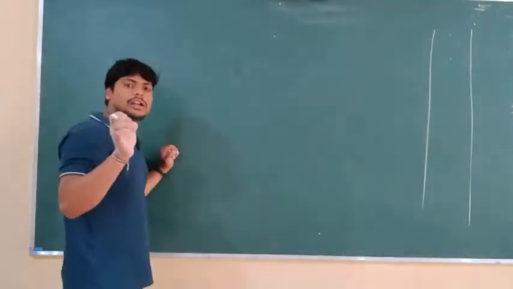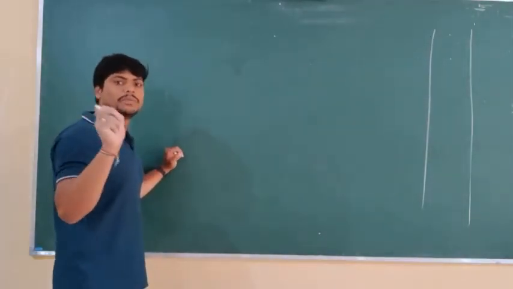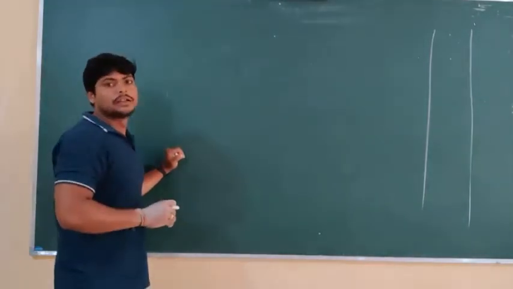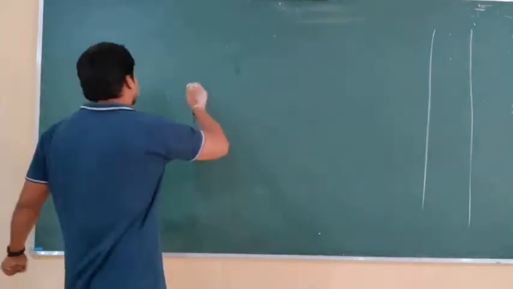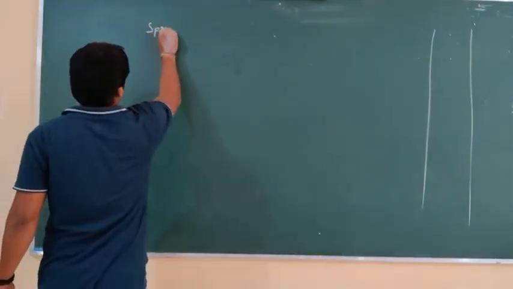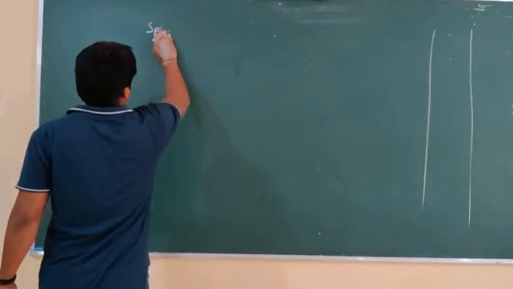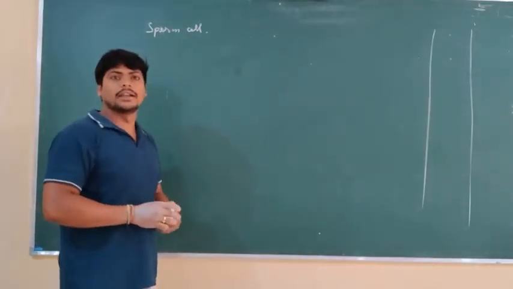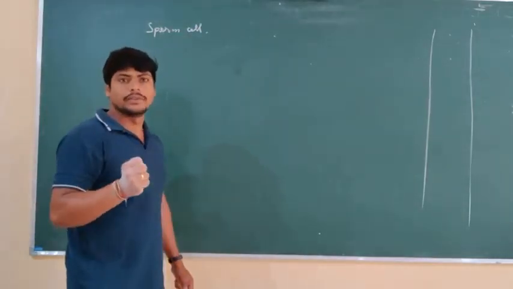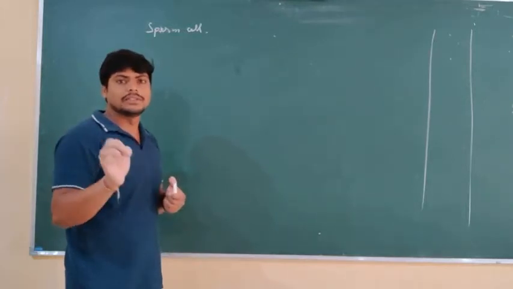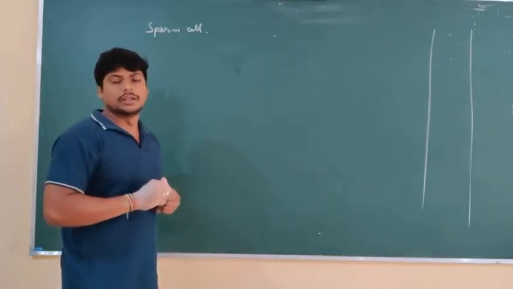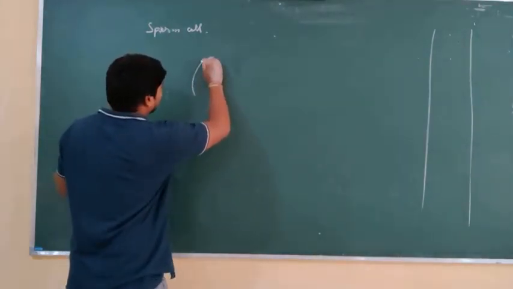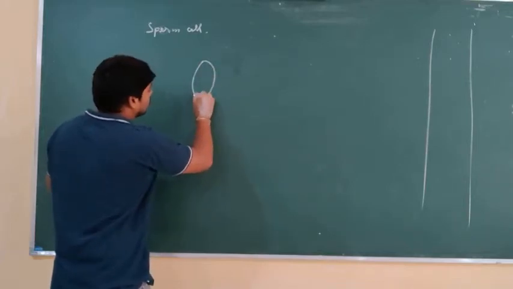If you observe the structure of the sperm cell, what parts are present? How are the different parts helpful to the sperm cell, and what is their use? Let's look at the structure of this sperm cell. As we know, the tadpole of a frog looks like a fish. In the same manner, sperm cells are very similar to a tadpole in structure.